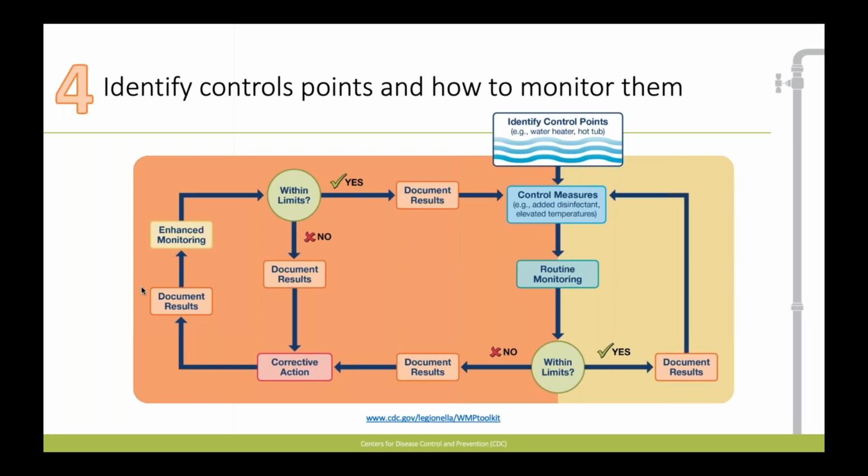These control points could be anything from disinfectant levels at points of use. It could be the water heater temperature. It could be the temperature of the return within the water line. There are a lot of different ways you can look at your water system and a lot of different locations where you can put a control point and regularly monitor to ensure that your water is within the parameters that can prevent Legionella growth and spread. But as with a lot of these things, they all depend on having that description of your water system and having those people on your water management program and team that can answer these questions, help design this, and if changes need to be made, ensure those changes are made.